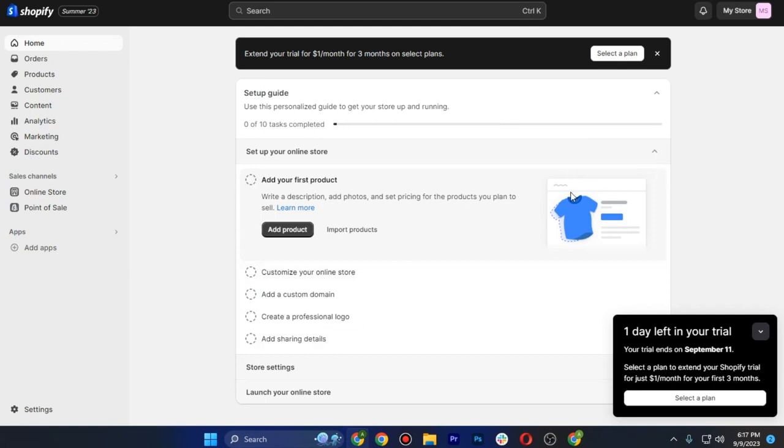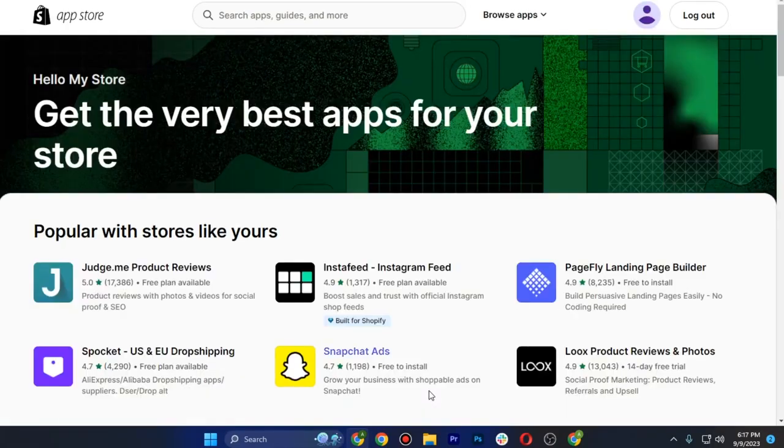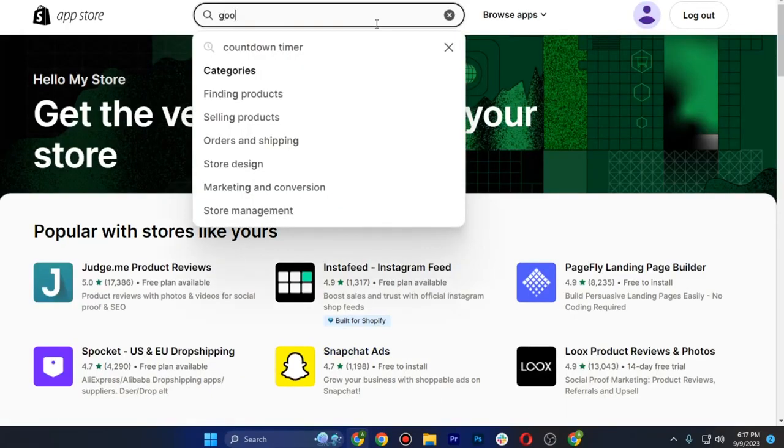Here's how you can set up Google Analytics on Shopify. Start by tapping on Add App button and scroll all the way until you see Shopify App Store, and this will take you to their official App Store where you just have to search for Google,